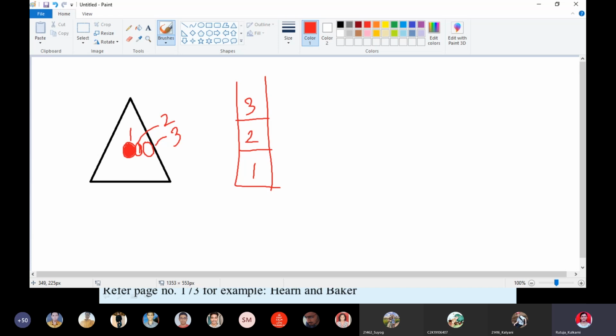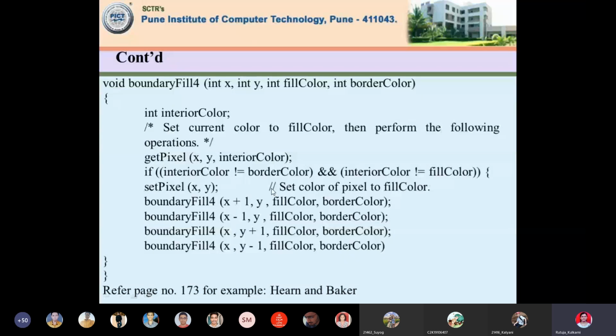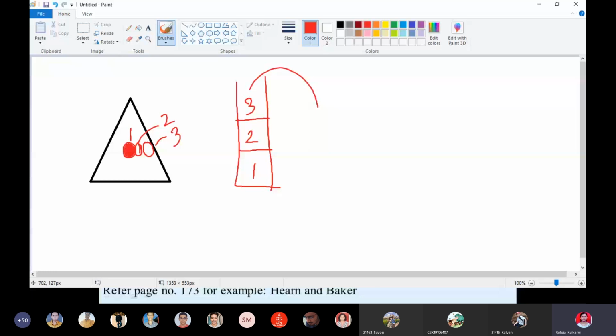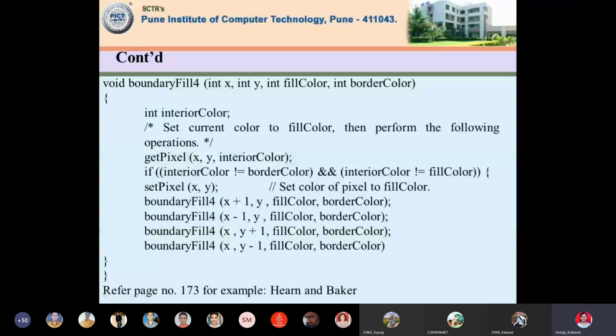Okay, now if you come again inside the algorithm, we reach the boundary color, right? We reach the boundary color. So 3 popped, 2 popped from the stack. The seed will be as it is there. Now it will check for x minus 1 comma y.